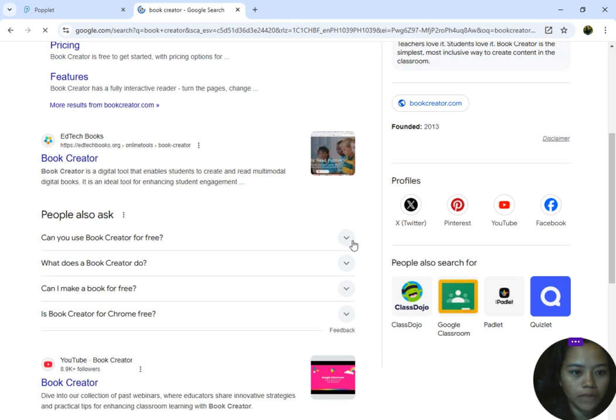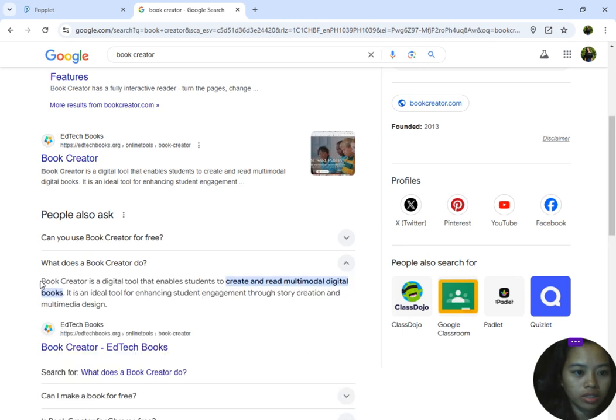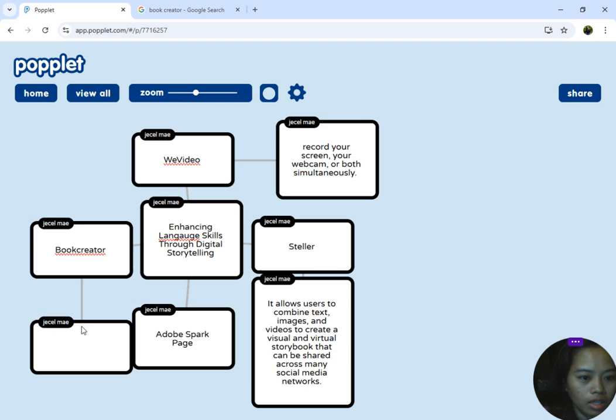Okay, Book Creator is a digital tool that enables students to create and read multimodal digital books. So let's copy this and let's paste it here.